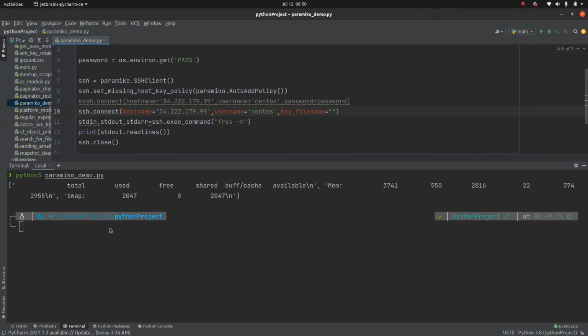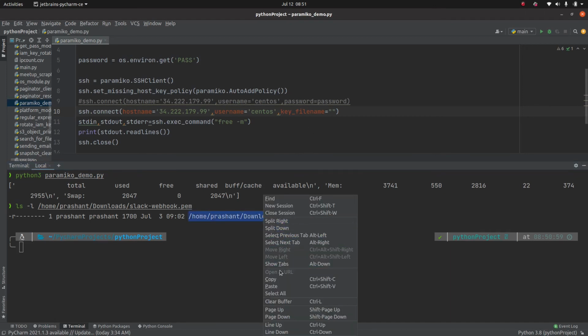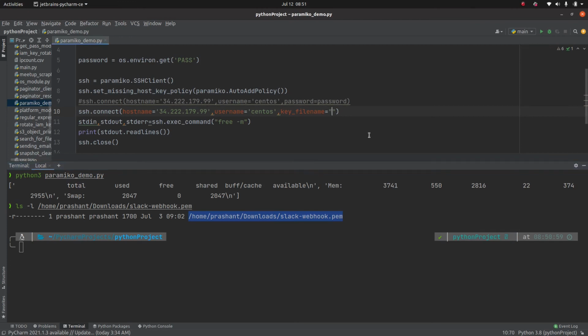In my case it is /home/prashant/download. This is the key, right? So like I mentioned, rather than using a password, you need to specify the key_filename.